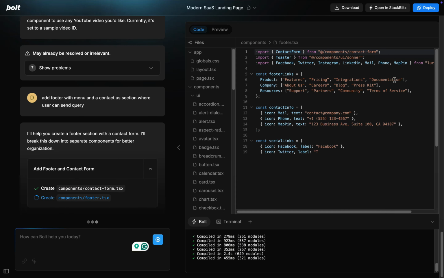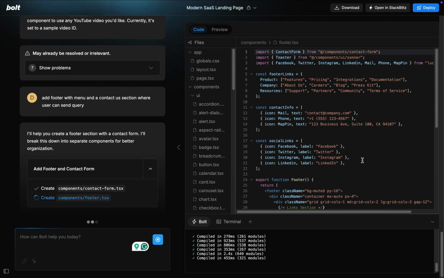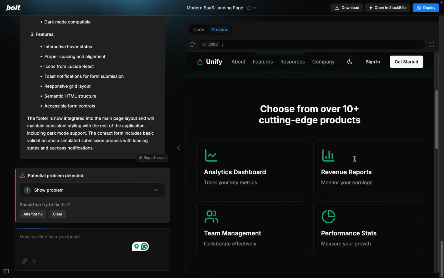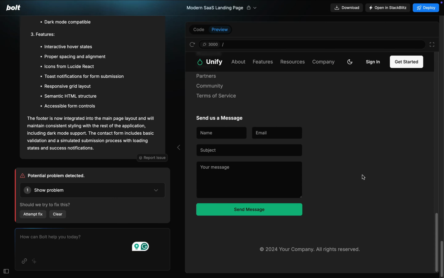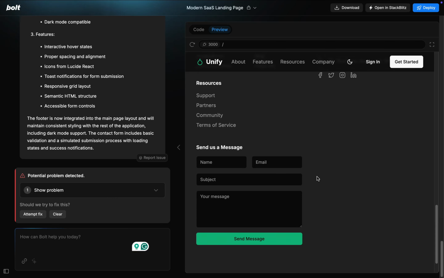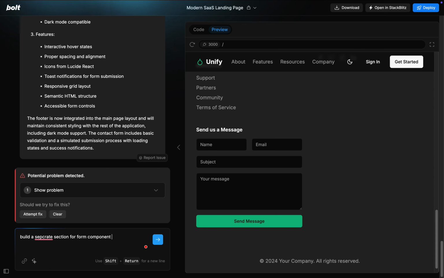You can see the components, the icons, everything is getting utilized, and everything is getting imported automatically based on the packages, based on the libraries which we are utilizing. So just wait. And finally we got the response. You can see we got this nice section, we got a footer, and here we have the form section which is at the bottom. So I'll say that component with